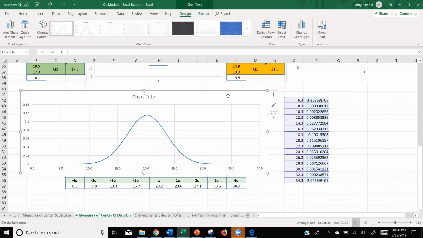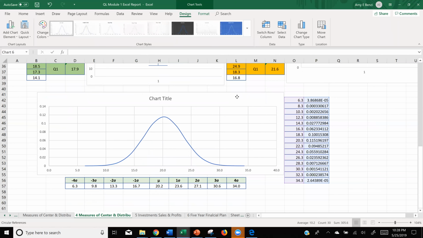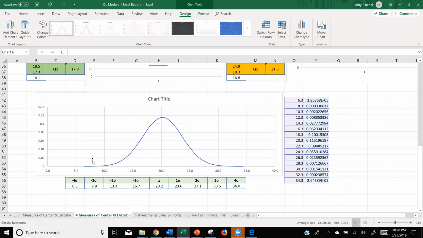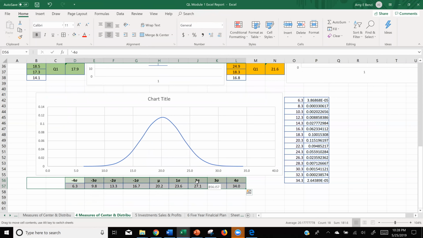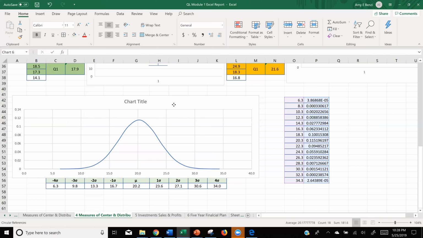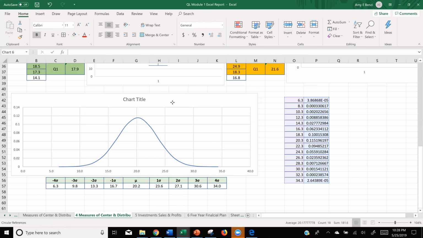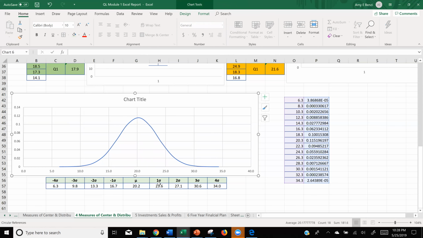All right, now you don't have to set this right on top, but sometimes you can really get it to line up. And I try not to spend too much time trying to get it to line up, but it's hard because I want it to. All right, so our mean here is about 20, right? So my curve looks pretty good. My first standard deviation is about 23. And what we're going to do to really measure this is insert